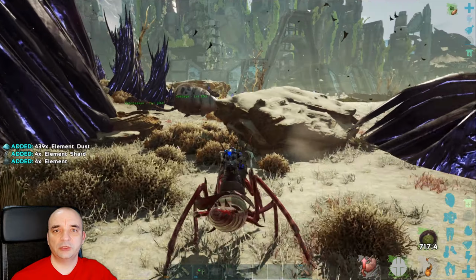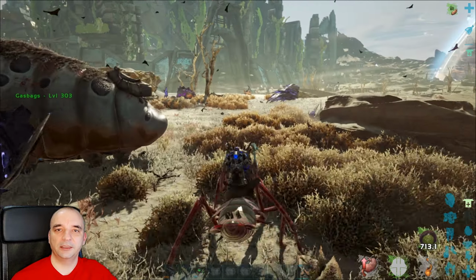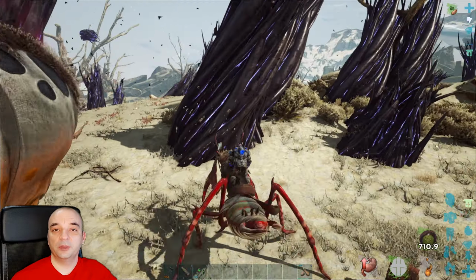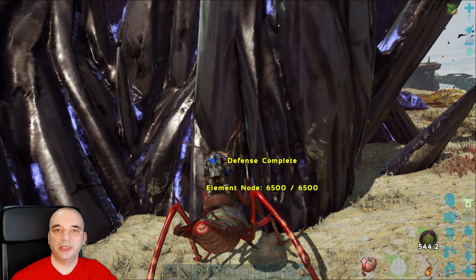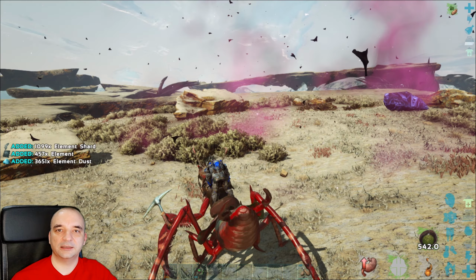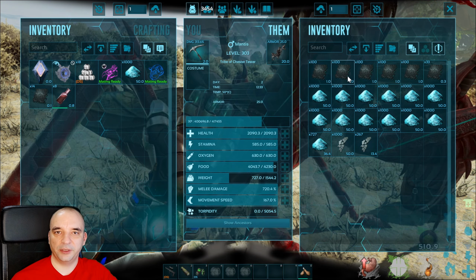And I would also suggest you use some kind of transport dino, like I use gas bags in this case, but you can use whatever you feel like. And keep in mind that you have to clear out the small nodes first, because the biggest node you have to leave for the last. The second you clear out the biggest node, all the other nodes just disappear